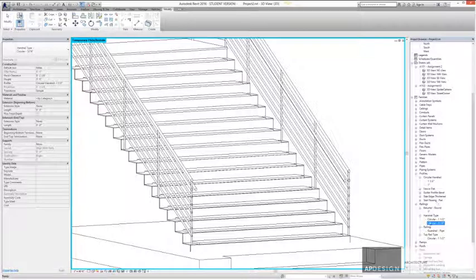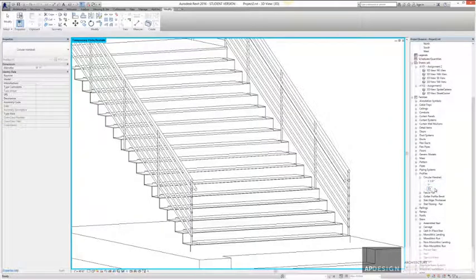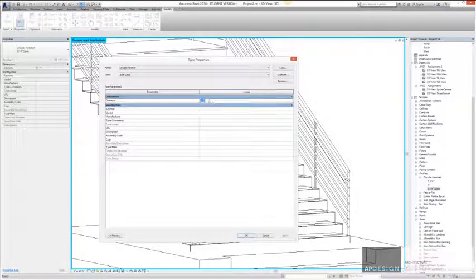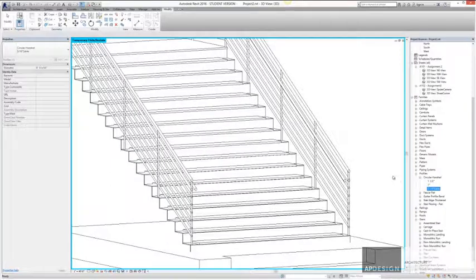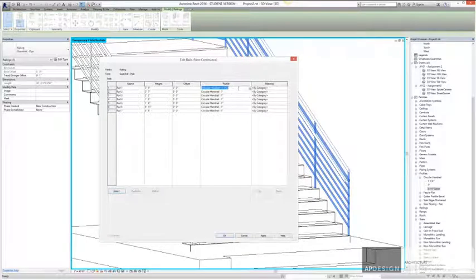So I need to go to profiles, and let me close railing so I don't confuse things. I'm going to right click on that and create new type. I'm going to call this 3/16 inch cable. Then I'm going to double click on it, and I really only have one thing to do. I want to change this 1 inch, that's the diameter, to 3/16 inch